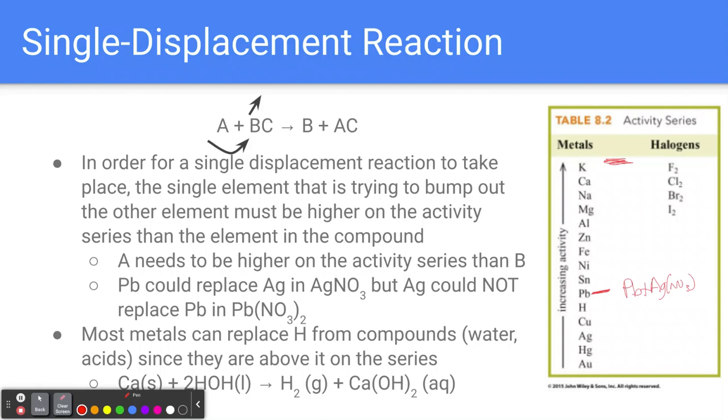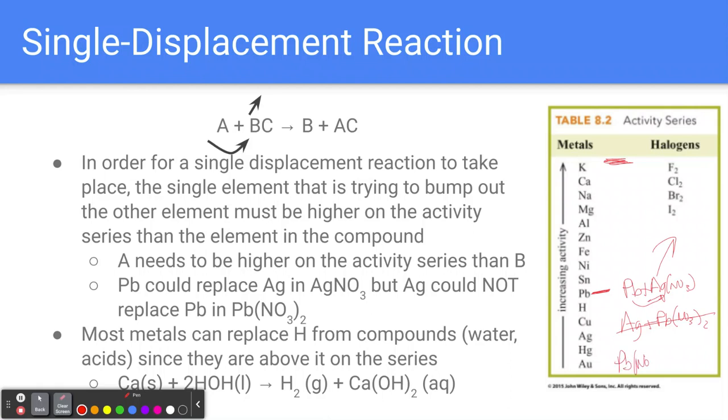So that could happen. But if we tried this, silver plus lead nitrate, that will not happen because silver is lower than lead, so silver cannot kick lead out. Think of it kind of as a popularity game, again with the dance analogy. So lead is more popular than silver, so nitrate would be happy getting with it. So that lead is going to kick out that silver, and so in our products, we're going to get lead